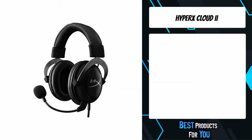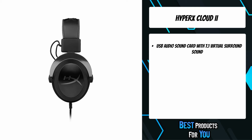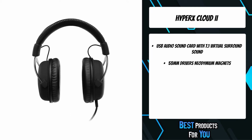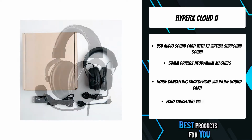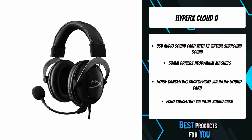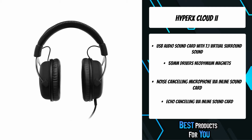The fifth product on the list is the HyperX Cloud II. The HyperX Cloud was built to be an ultra-comfortable gaming headset with amazing sound. They put a lot of thought into the details of our HyperX signature memory foam, the premium leatherette, clamping force, and weight distribution to create a headset that's comfortable through long gaming sessions. It's no wonder that it's become the preferred gaming headset for millions of gamers. Whether you want to focus on the competition or relax with some of your favorite games, there's a Cloud that's